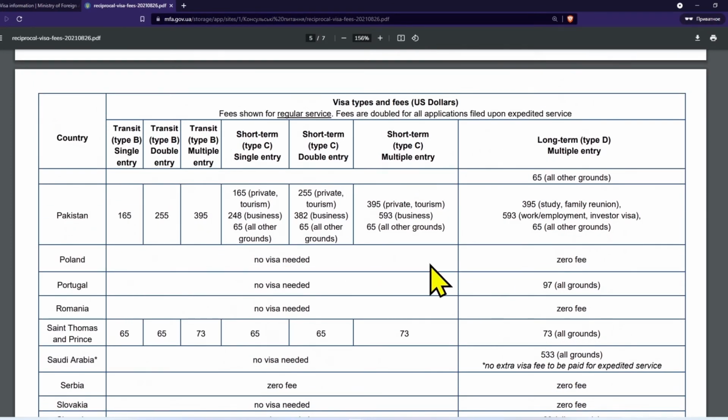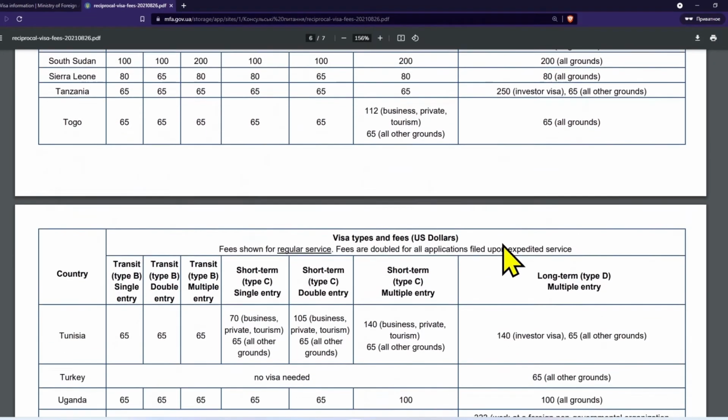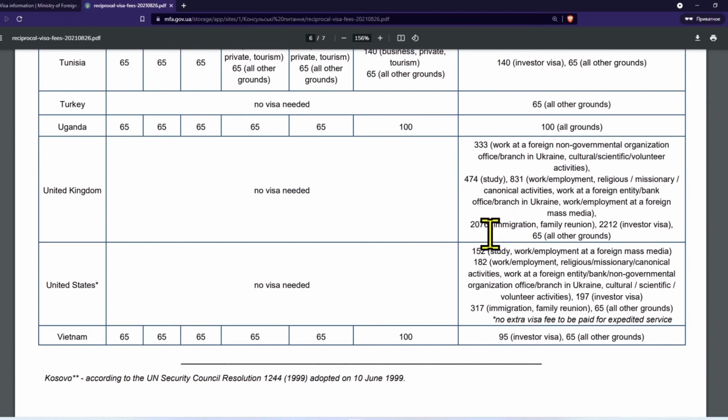For Pakistan, visa C is like multiple entry. It's $400 for private invitation, $600 for business invitation, and for D visa, employment, job permit, like $600. For United Kingdom, if it's immigration, D01 visa, it's $2,000. If you're an investor from United Kingdom, it's $2,212. So like, if you want to make it fast, you pay double rate, double fee, and that would be like